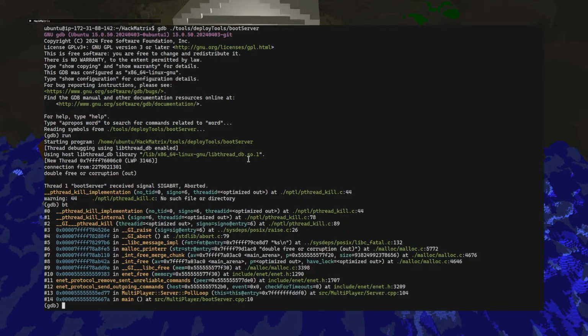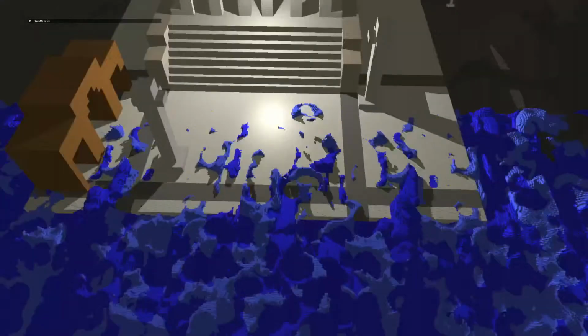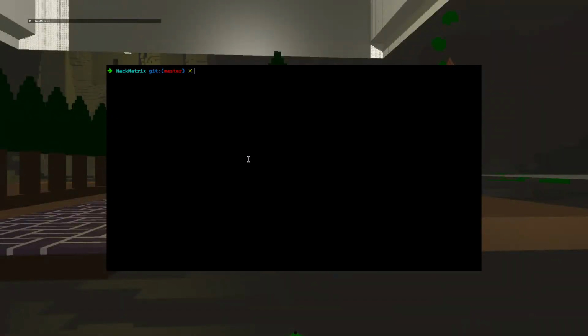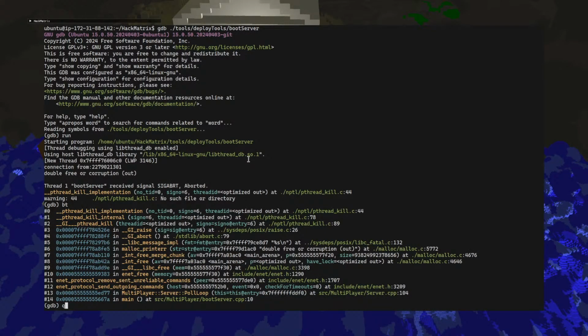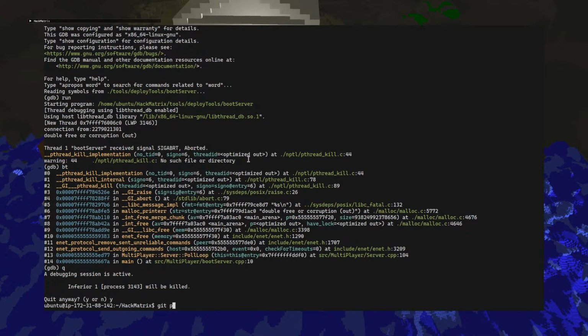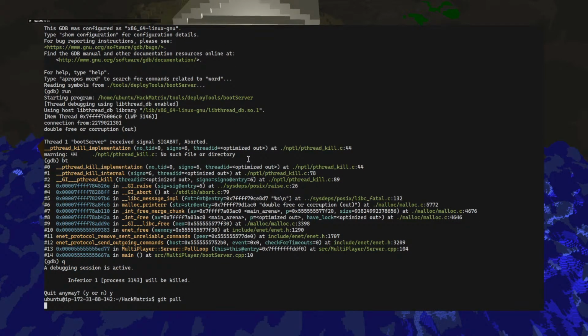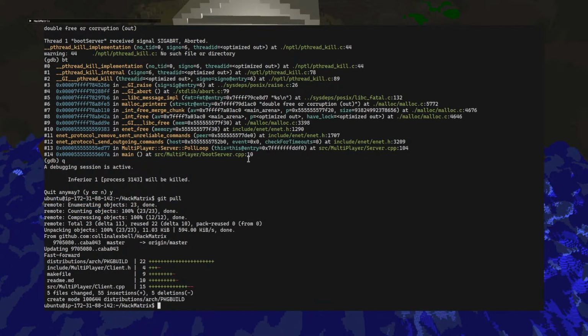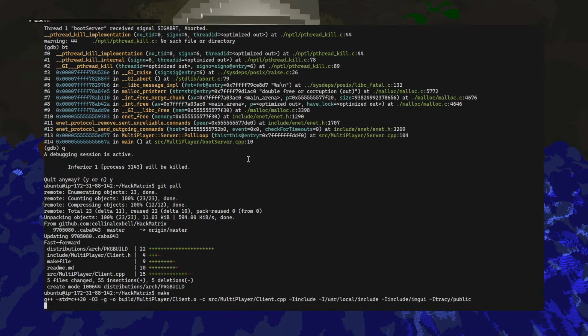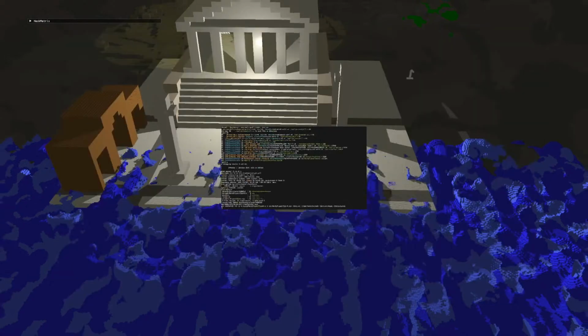So it's double freeing something. When's the last time I've pulled this? Just the client has changed, it looks like. So that's not it.